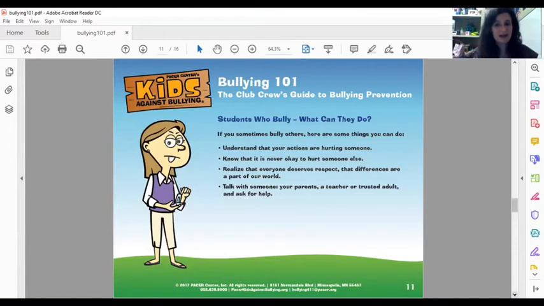So first admitting that is a good first step, but understand that your actions are hurting people, okay? Just like I said before, we all make mistakes, okay? And we can all learn from our mistakes and make better choices from those mistakes, or we can go backwards and keep making the same mistakes, but those have consequences. Either way, they have consequences, okay?